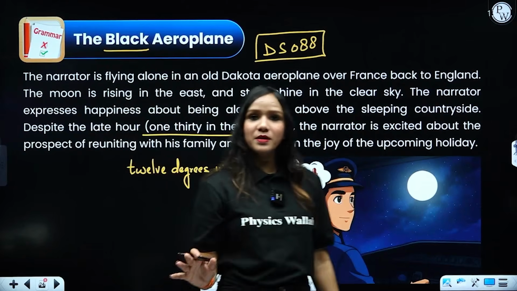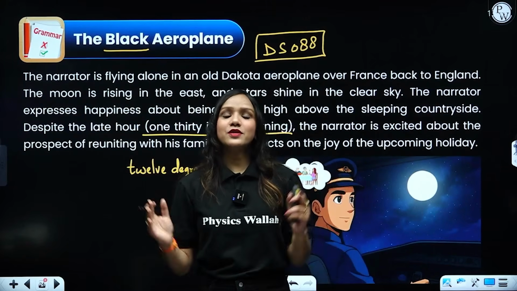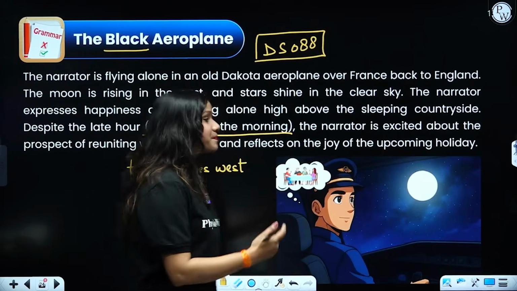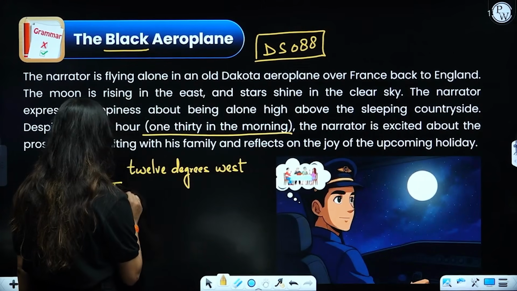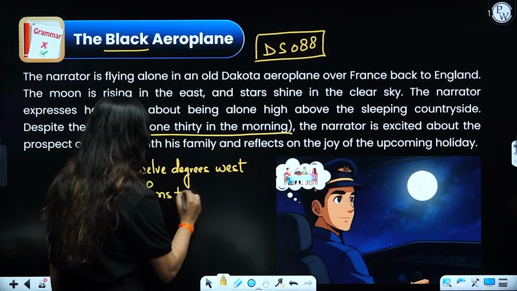So everything was normal, everything was clear, the sky was completely clear, right? So he was on his way from Paris to England,